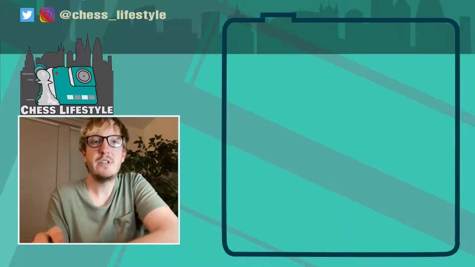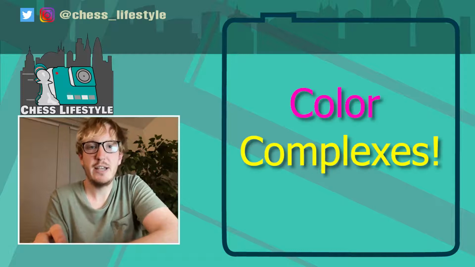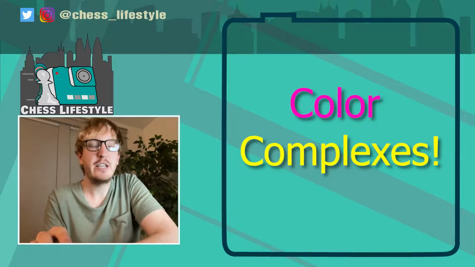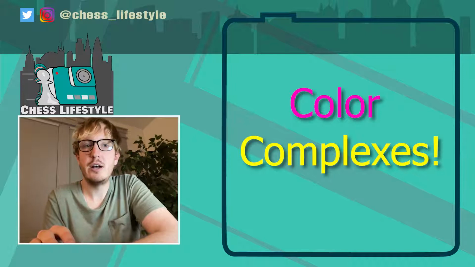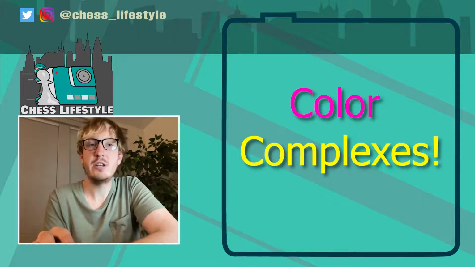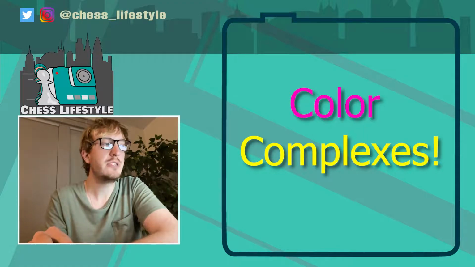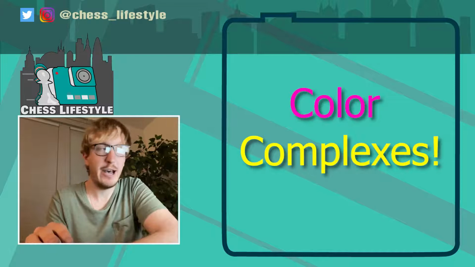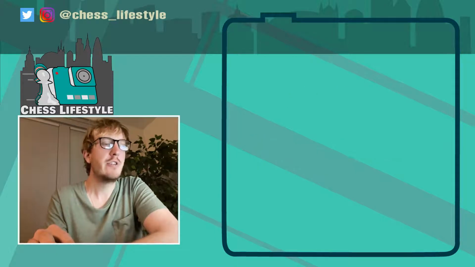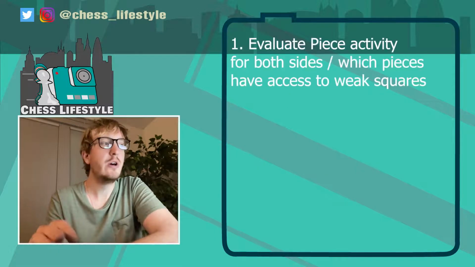Hello everyone. Today I want to talk about color complexes, and specifically a cute rule I learned for an easy way to evaluate a position in such a way that you can determine which minor pieces you want to trade. Just to explicitly lay it out for you right off the bat, for this method, step one is to